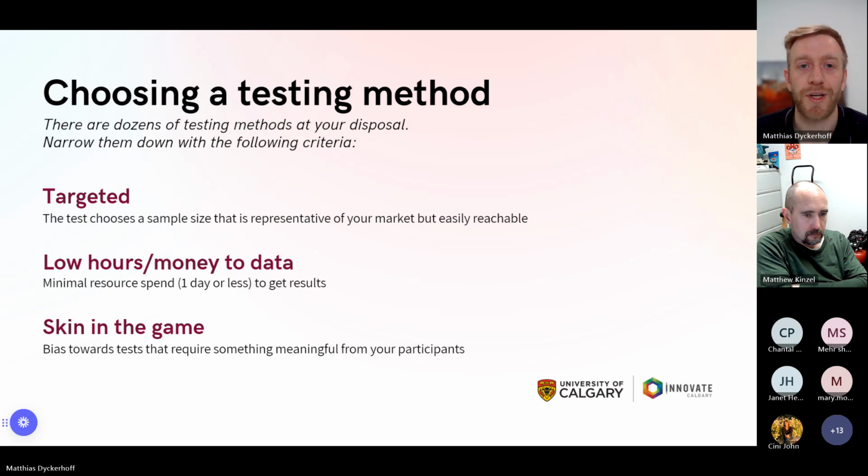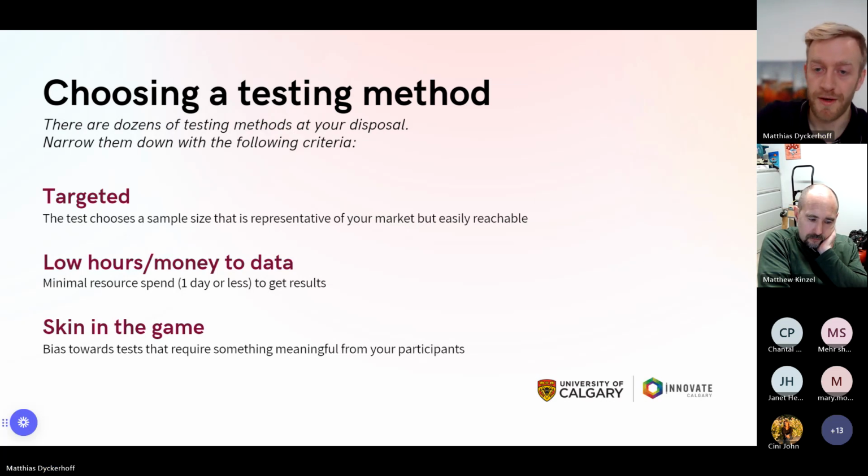So maybe I buy it from an existing flower shop and they buy it from me. Okay, they actually paid money. That's a better metric that they actually would buy from me than a survey or even just a conversation, right? Even an email address or phone number has more skin in the game, that helps you also get better confidence that what they're actually doing is indicative of their future behavior.